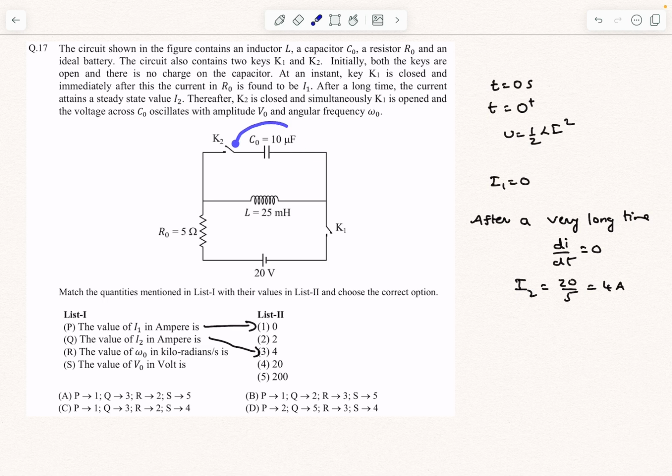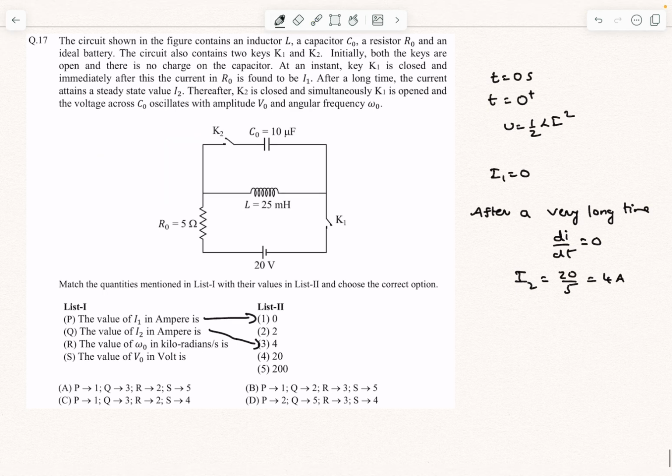And when the voltage across the capacitor is maximum, all of the half Li square energy will be converted into the energy stored in the electric field of the capacitor. So you could say half CV naught squared equals half Li squared. Okay, so this is certainly the easiest way to solve it, but I'll just show you how to solve the